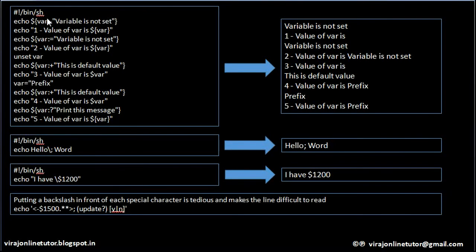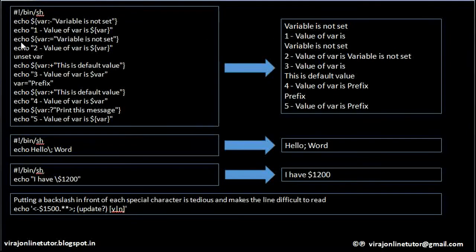I repeat, colon hyphen. This construct, what it will do is, if the value of this variable where is not set, then it will print this string. So variable is not set printed on the screen. Then in the next line we print value of the variable is whatever is the value of the variable. Just now we saw that value of the variable was not set, and that is the reason why it displayed this string on the screen, right? So when I'm actually printing the value of the variable in this line, it's not set. That's why after is nothing is printed, because value of the variable is not set.